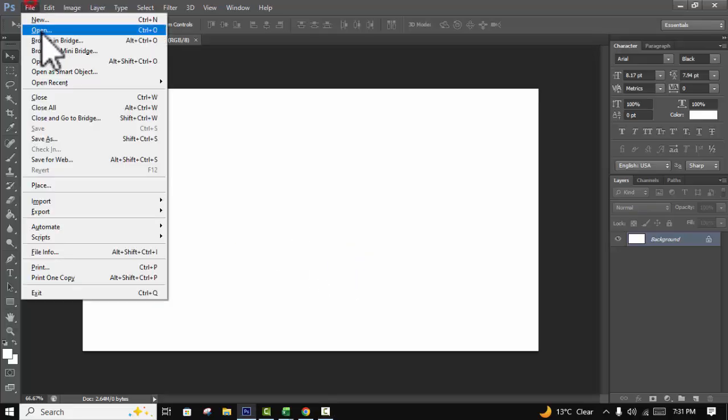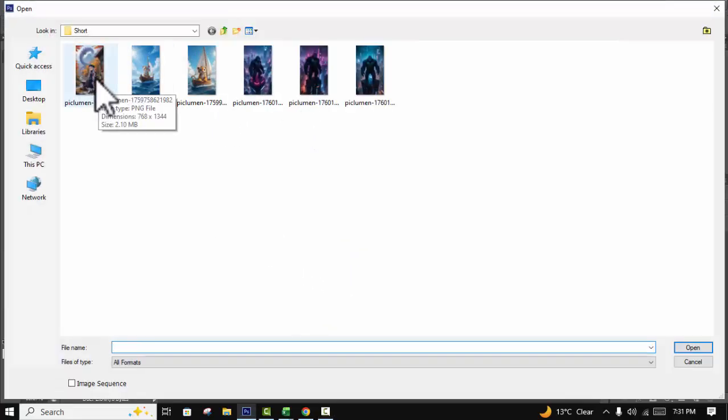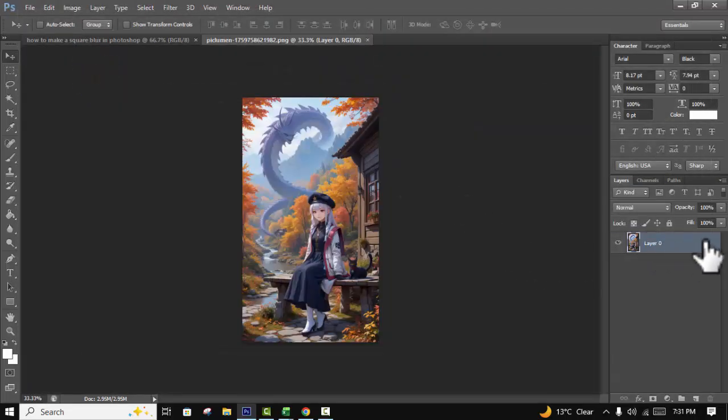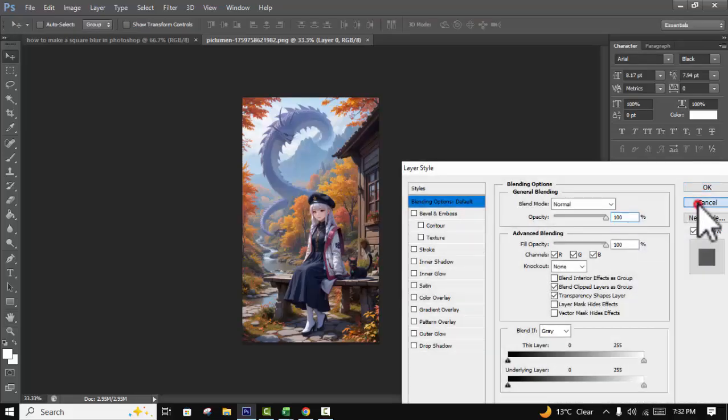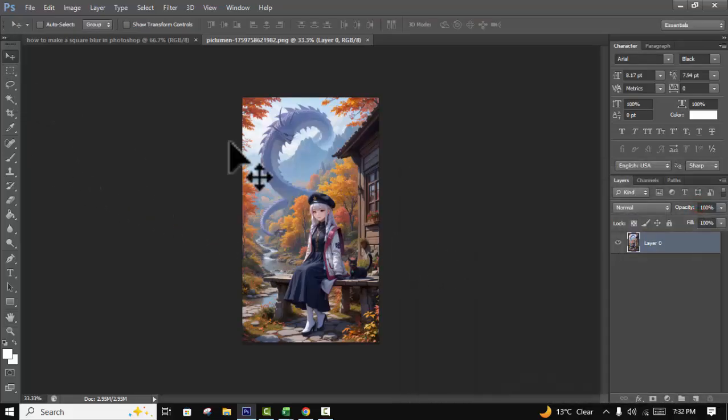Let's begin. First of all, open your image, then double click the image lock icon. I already unlocked this image. Then